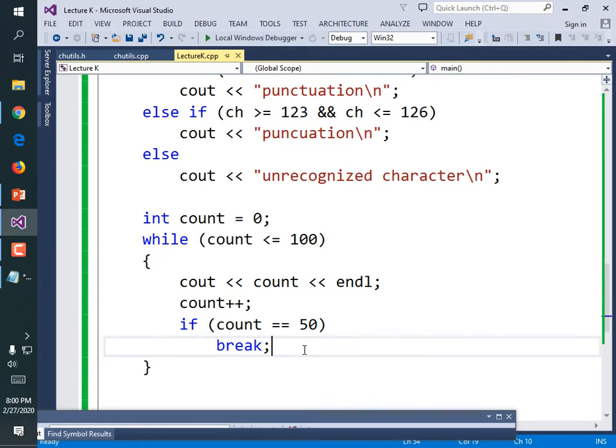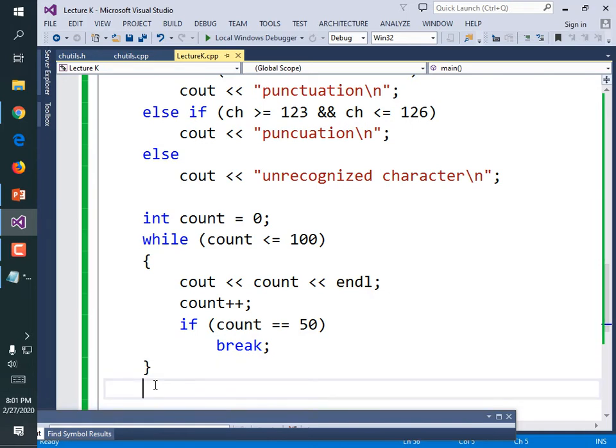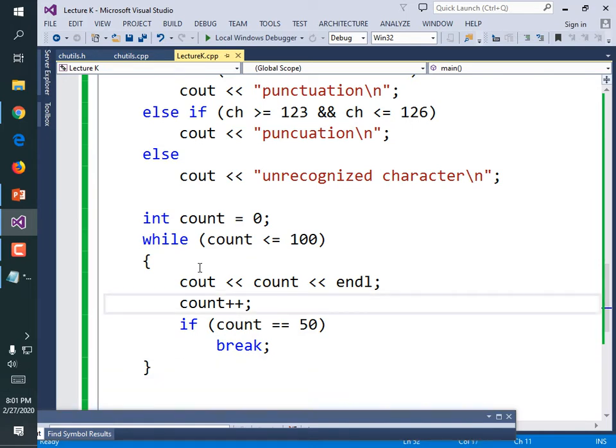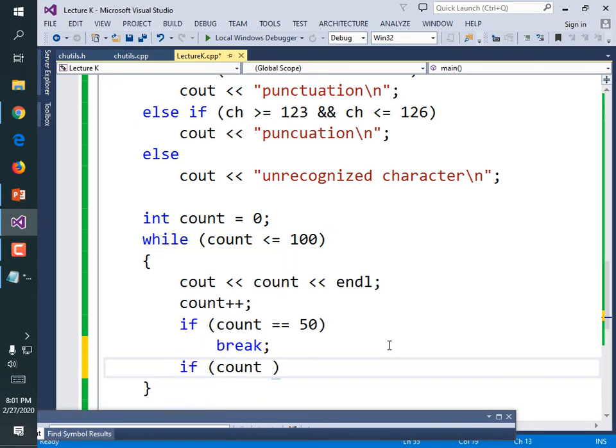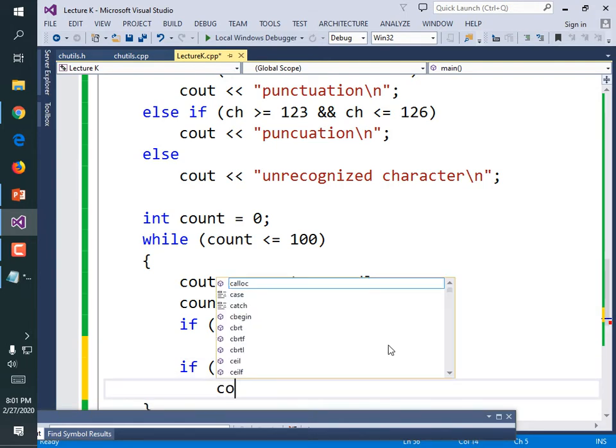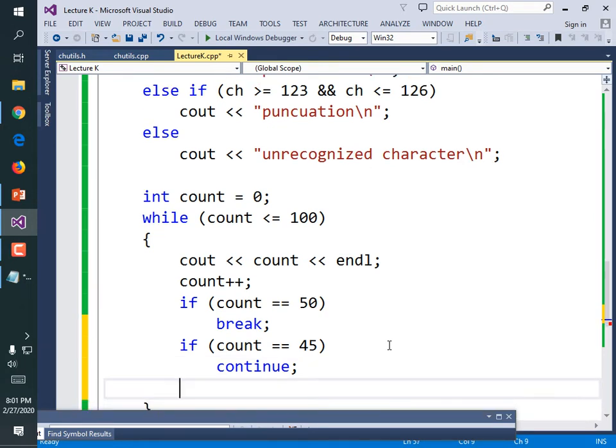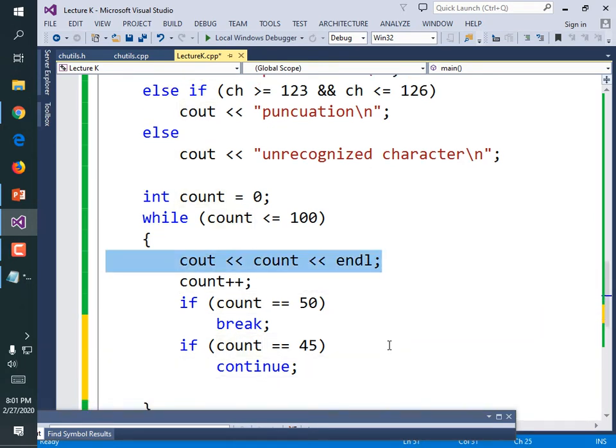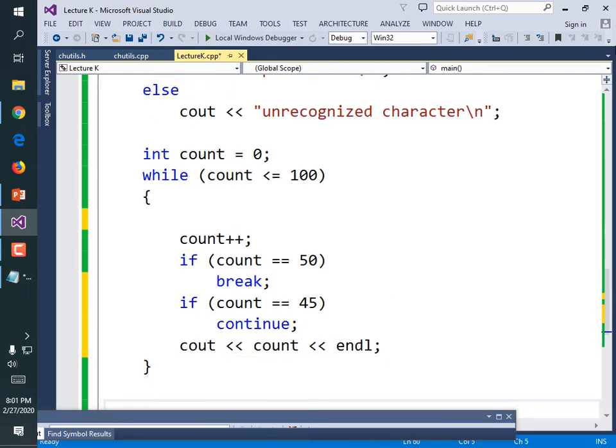There's a similar keyword called continue. What does continue do? Well, break causes it to jump to the closing brace, and then it does whatever's after the closing brace. Continue causes it to immediately reiterate the loop. Checks it again without doing anything else. So if I do this, if count equals 10, or let's do 45, so it'll be at the end of the input. Continue, semicolon, and then we couted our answer. So I'm moving my cout to the bottom of the body there. When I run it,